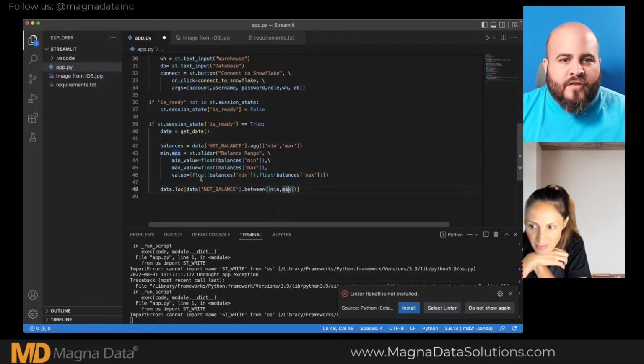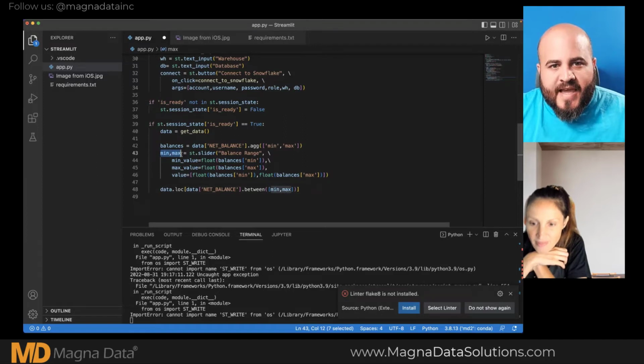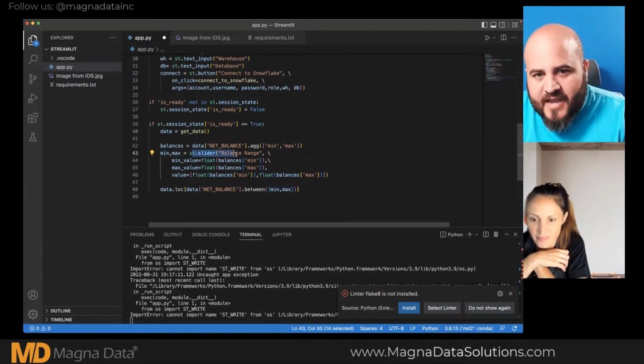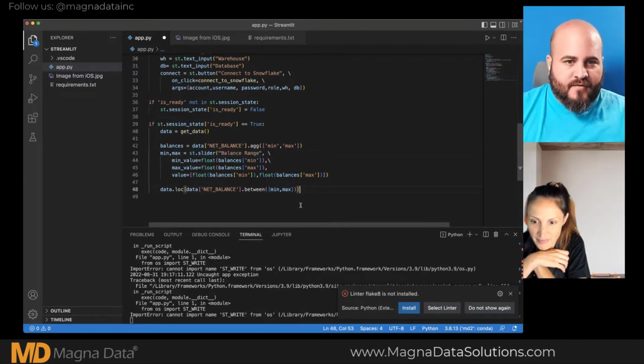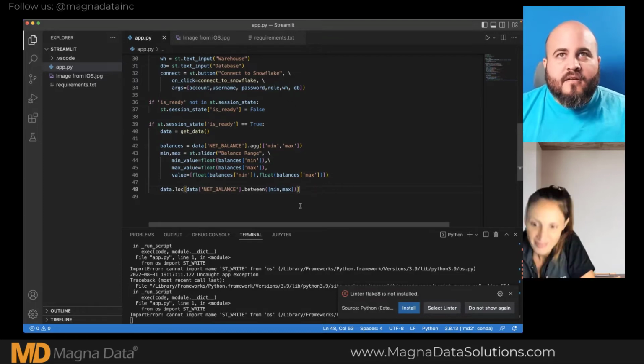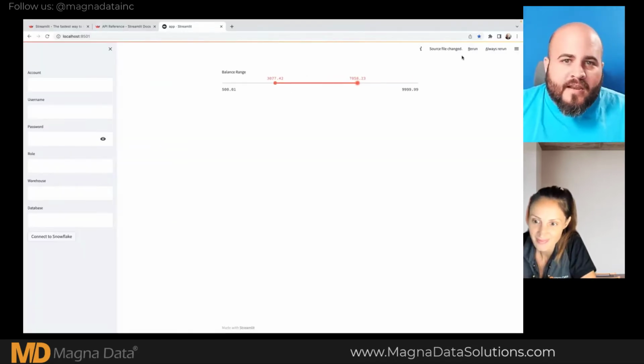And min and max are the values from the two slider controllers assigned to that slider. Okay, so now when I click rerun,